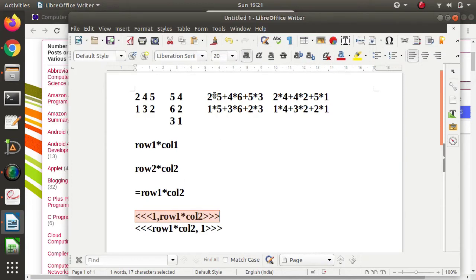So we are creating one block, and one thread is responsible for calculating this. Another thread is calculating this, the third thread is calculating this, and the fourth thread is calculating this. So how many threads do we require? These many threads. How did we get this number? This is the size of the resultant matrix. Okay, so I remove this. This is the one technique.